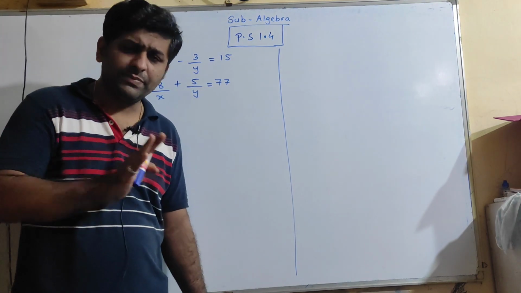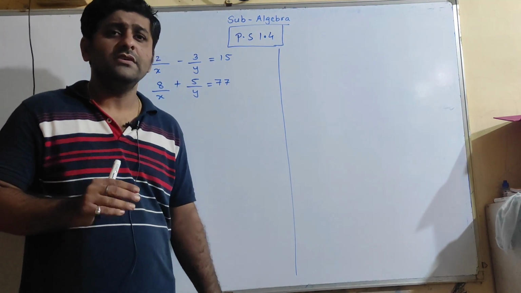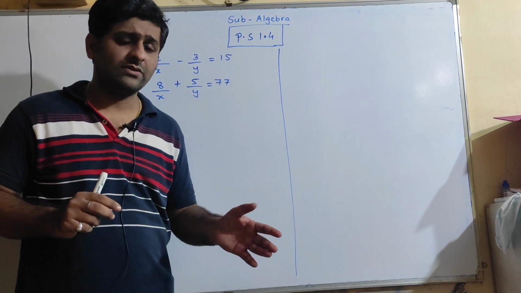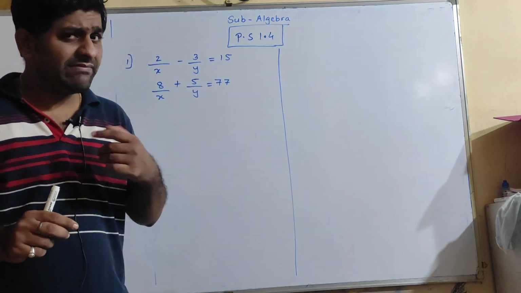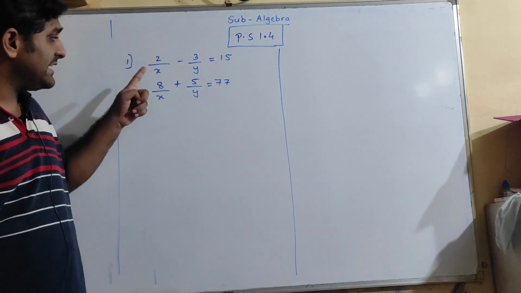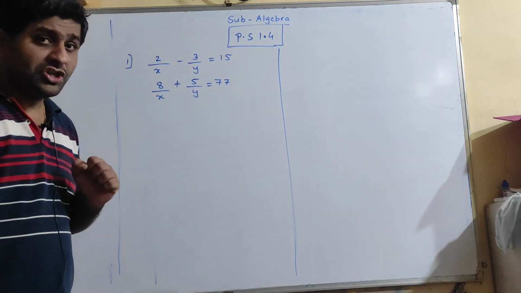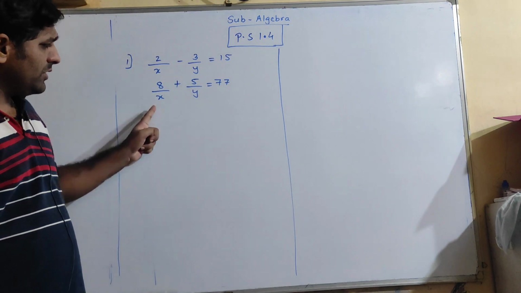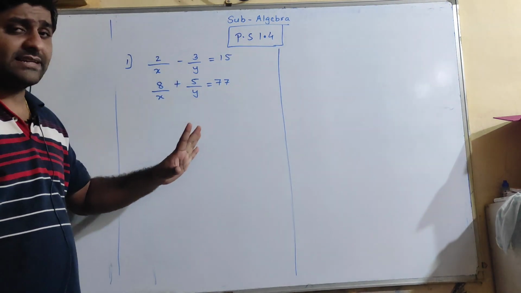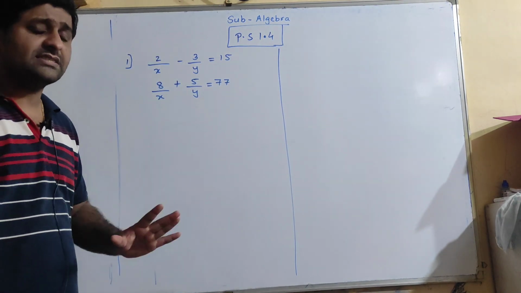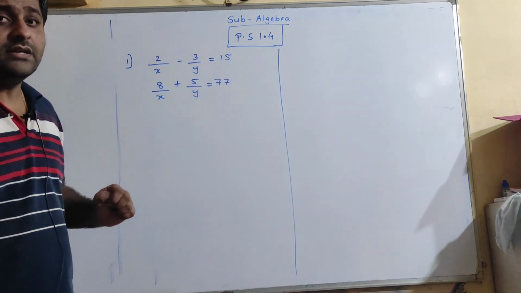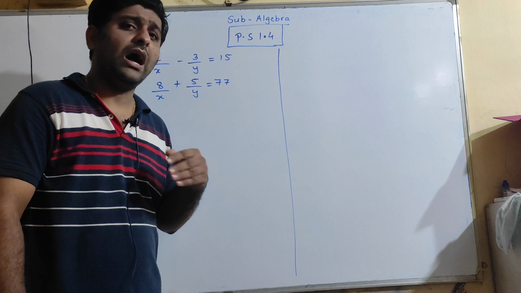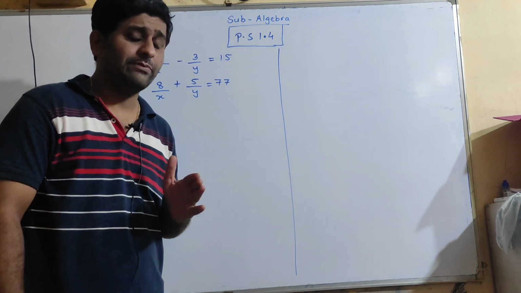Now, in the previous equations that we have studied, that is in our previous practice sets 1.1 and 1.3, we have never seen an equation where there is a variable in the denominator. Now look at this. In this practice set, we are specifically going to discuss the problems where the variables are in the denominator. Now, how to solve these types of sums?